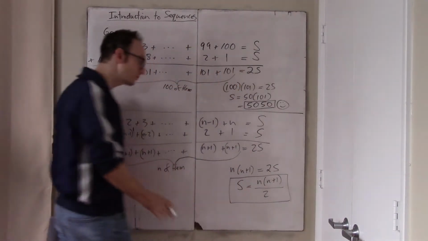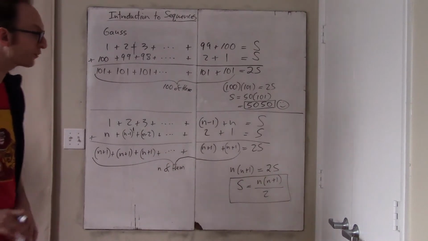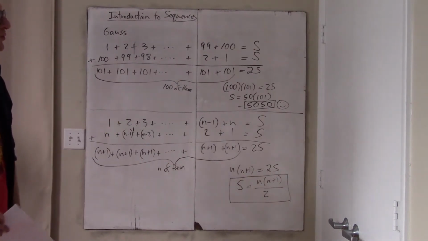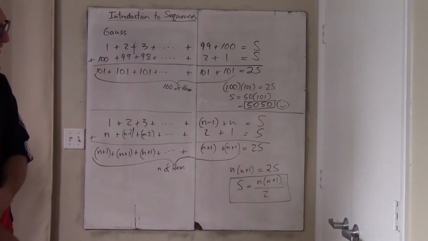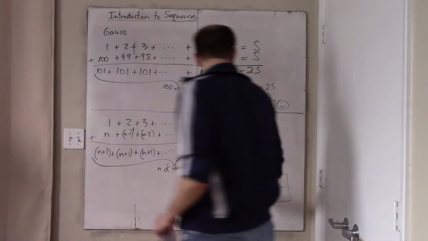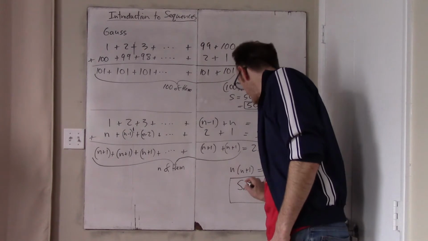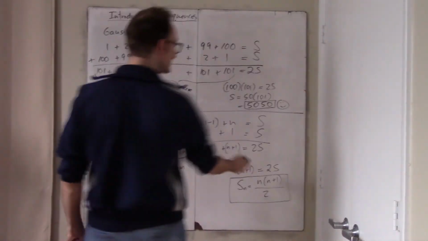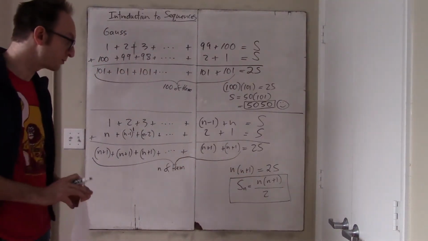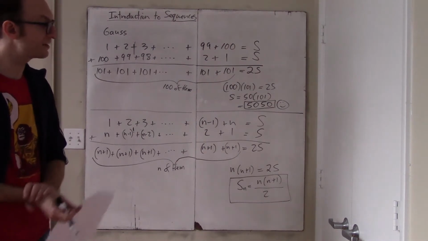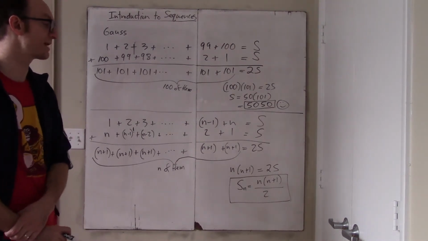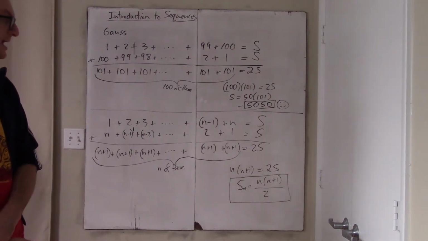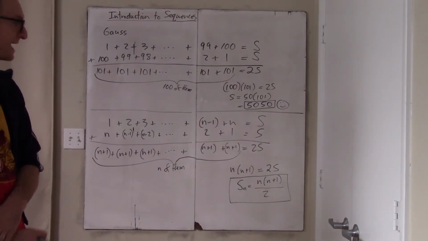Every high school math student should be aware of this formula and understand how to derive it, and it's quite useful. So if we want to be a little bit more specific, we can call this S sub n, because it's a formula which says, tell me how far out you want to go, and I'll tell you the sum of all the numbers from 1 up to that point. Okay, cool. Two more things to say.